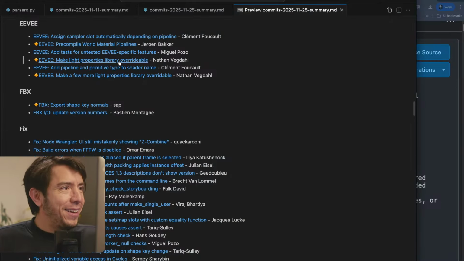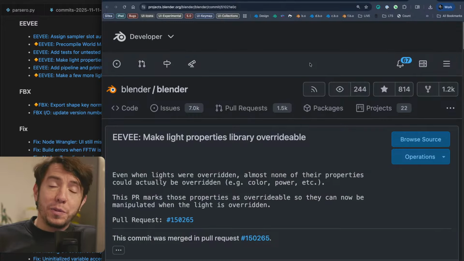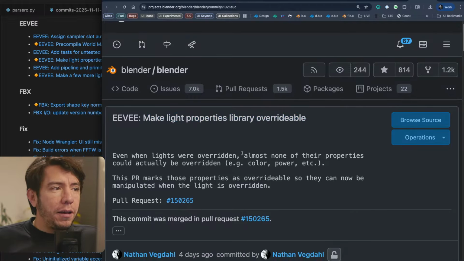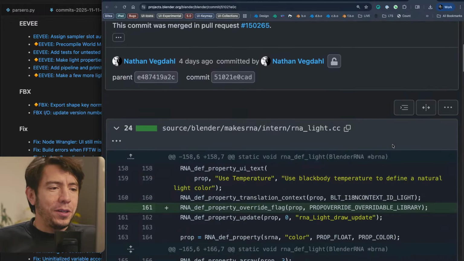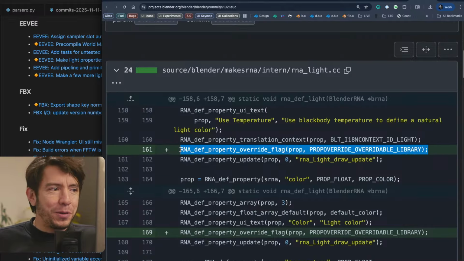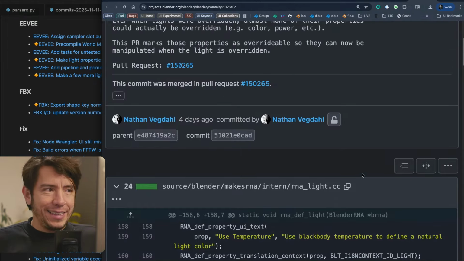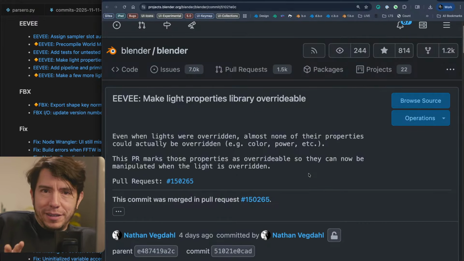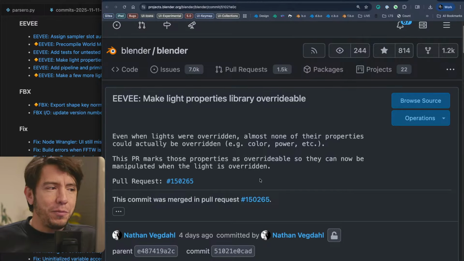And this is awesome. The more Blender computes things behind the scenes without freezing, the better. And in EEVEE, speaking of overrides, apparently you could override some light data, but not some light properties. And this is just an oversight, because if you look at the code, all it took was going to that property and mentioning, hey, this can be overridden. So in the future, if you can override a data block, but some properties inside not, try reporting it as a bug, because it might be just an oversight.